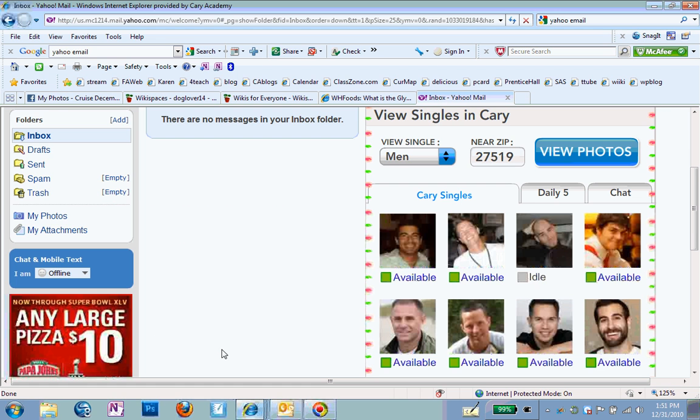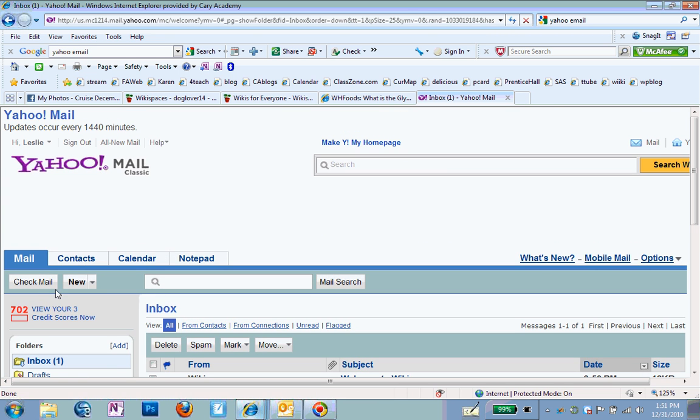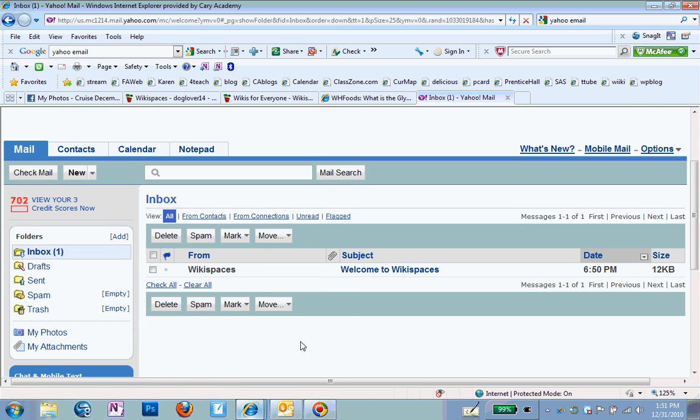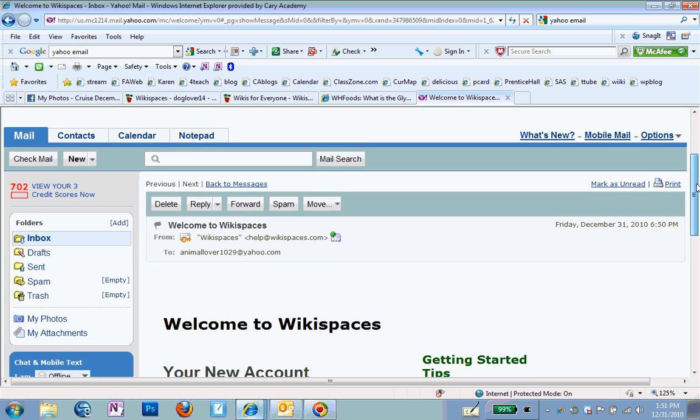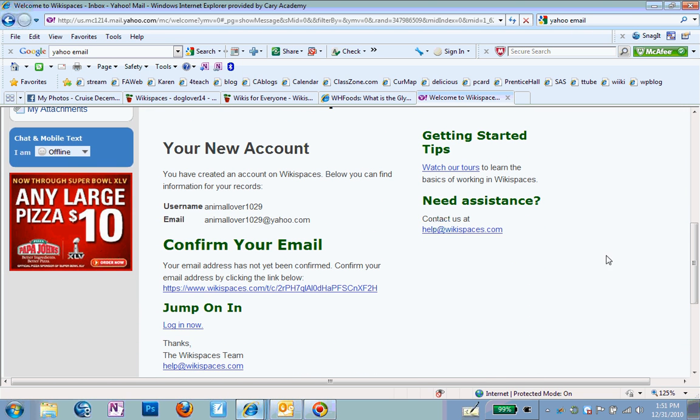So I'm going to go to Yahoo, which is where my email is. I'm going to click on Inbox so it will update. And once it updates, sure enough, I see an email in here from Wikispaces that welcomes me. So I'm going to click on that, and what Wikispaces is doing is just making sure that you typed everything in correctly. So you scroll down to where you see Confirm Your Email, and click on the link